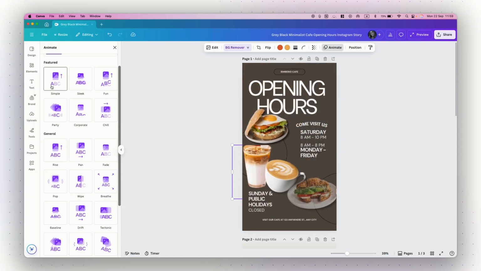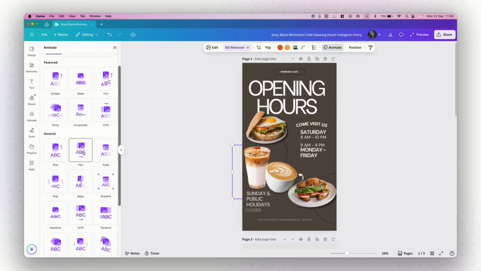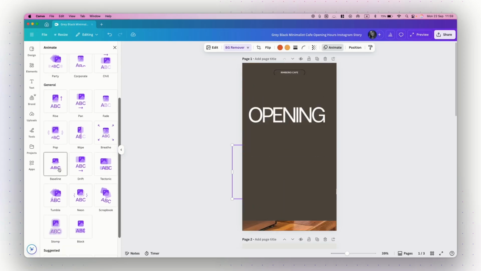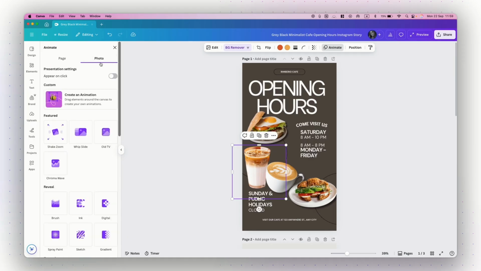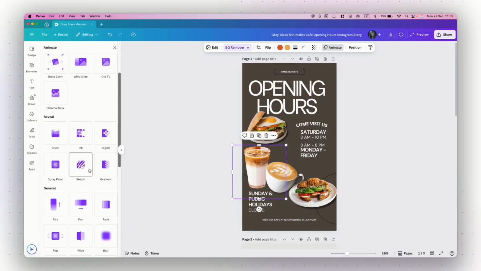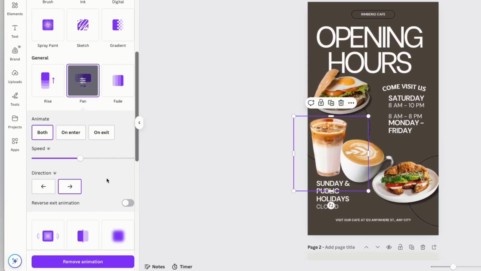Simple. Or you can also just do rise or pen and just animate the whole page at once. But let me go back to photo. I can choose one of the animations and then I will have specific settings in each animation. I can choose if I want the animation to be both on enter and exit or just one of them. If I have a pro account, I can also control the speed of the animation and the direction of the